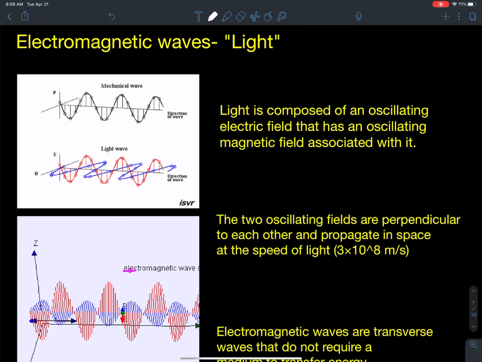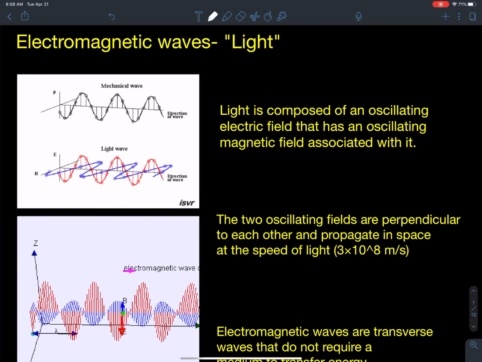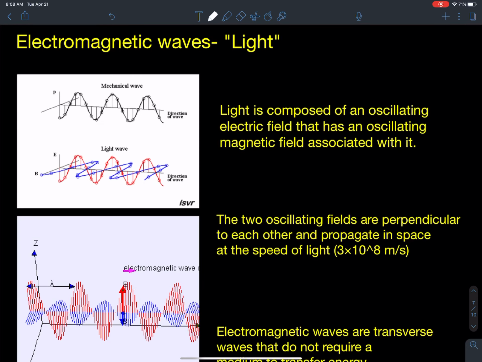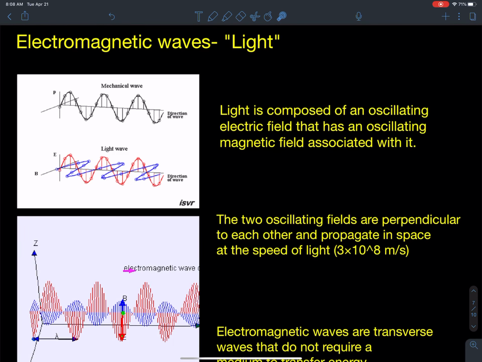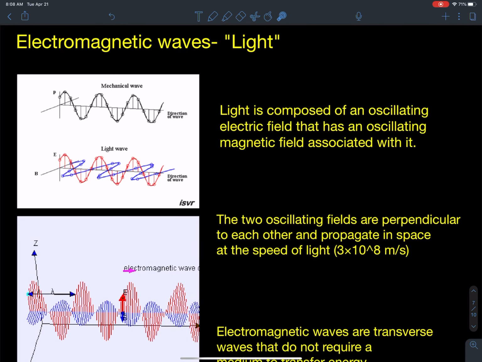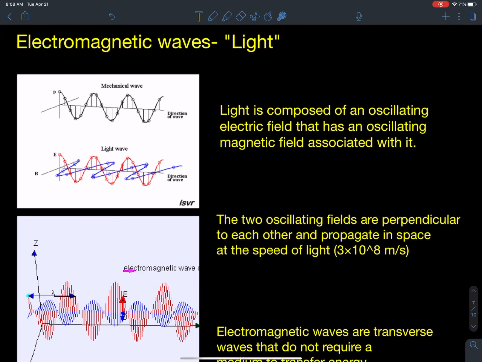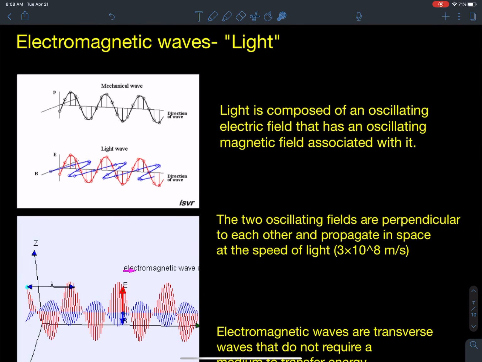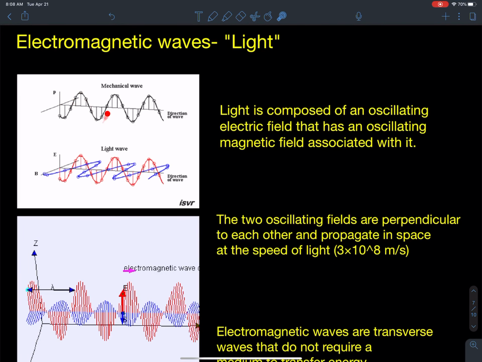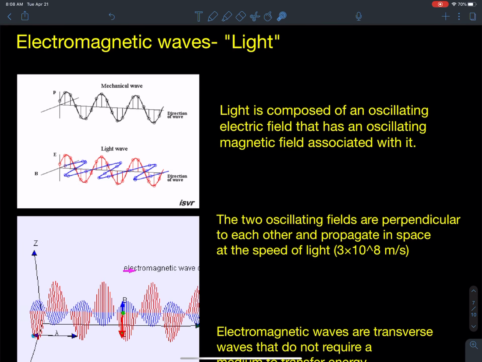They're the only type of wave that can be transported through a vacuum or through outer space, whereas the other ones require all the particles in a wave to be able to communicate in order to transmit the energy of the wave. Okay, so electromagnetic, where does electro come from? Where does magnetic come from? Well, if you take a look at this mechanical wave here, this transverse wave,